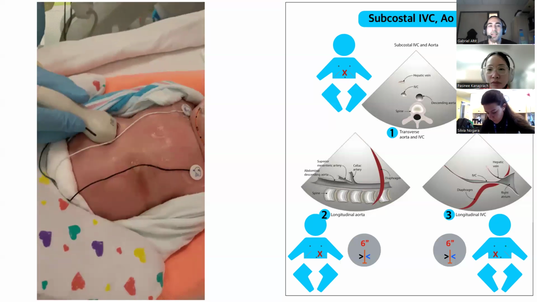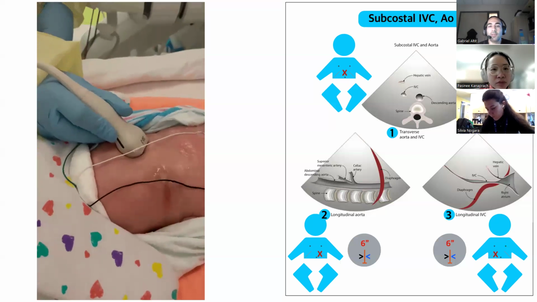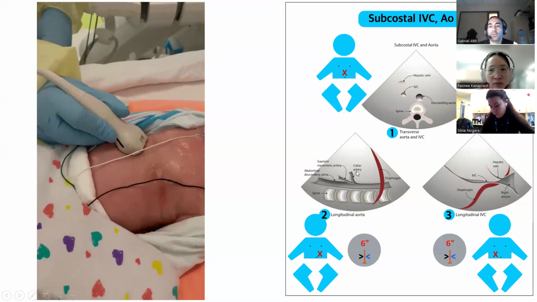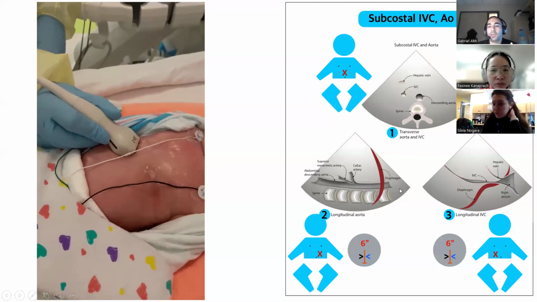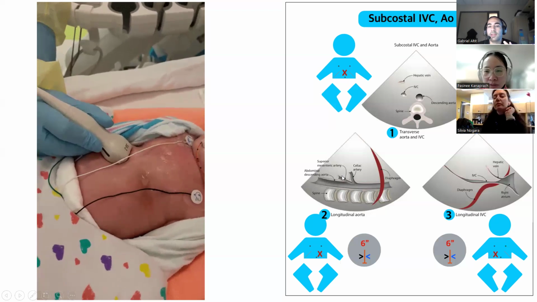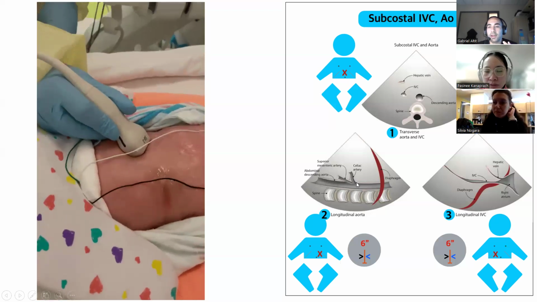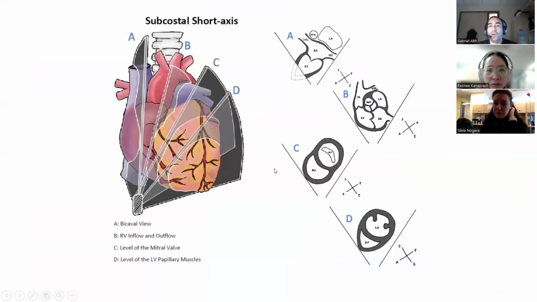The subcostal view is also useful to obtain some of the Dopplers of the descending aorta, as well as the superior mesenteric artery and celiac artery. It's also a great view when you don't have great thoracic views. Why? Because you can think of babies who have bronchopulmonary dysplasia or lung disease, and they get a lot of residual pulmonary artifact, or even babies that have the heart just under the sternum or in the back